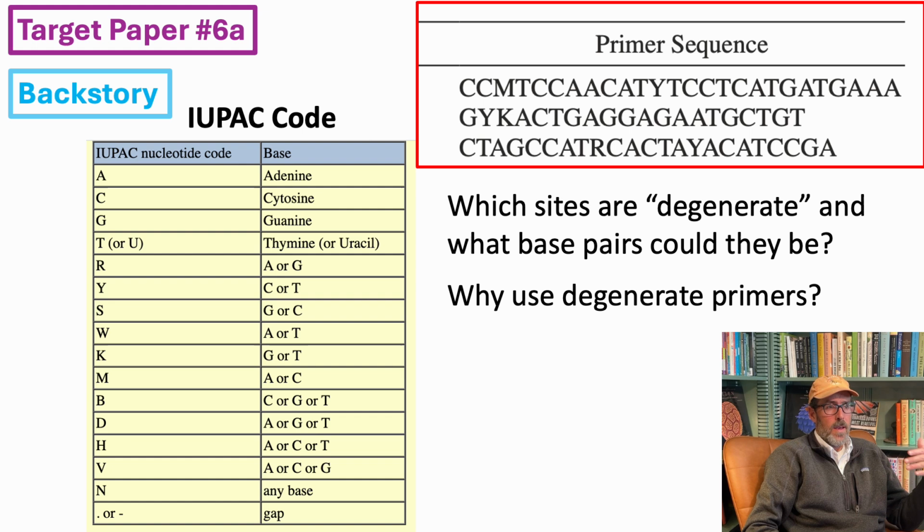It goes all the way down to M, which is an A or a C. If we look at the first primer sequence, it's C, C, M, T, C, C, A, A, C, A, T, Y. So the M and the Y are the degenerate sites. M would be an A or a C, and Y would be a C or a T. We've seen these in